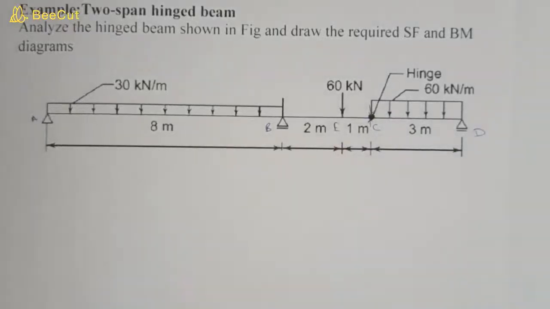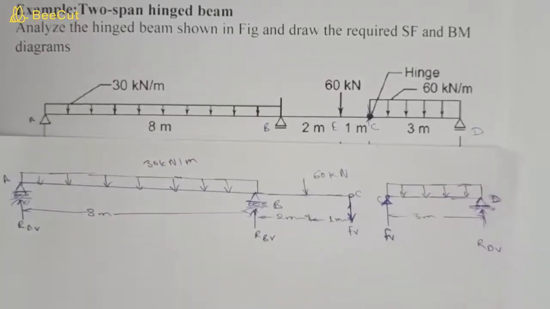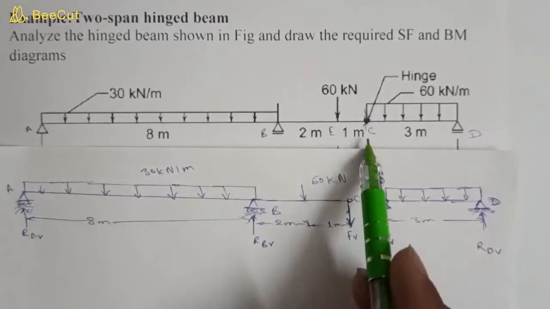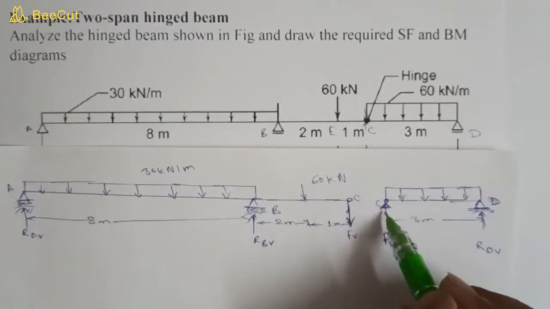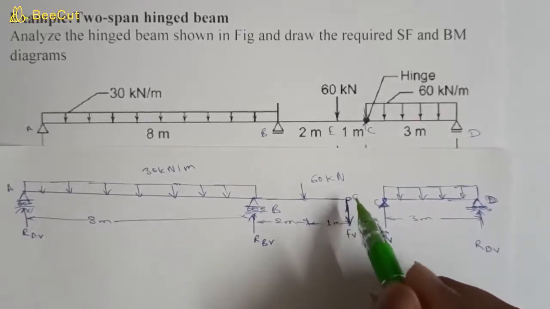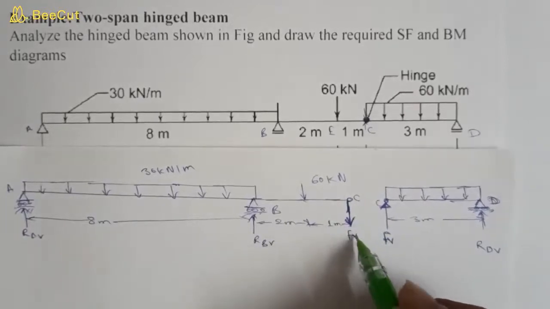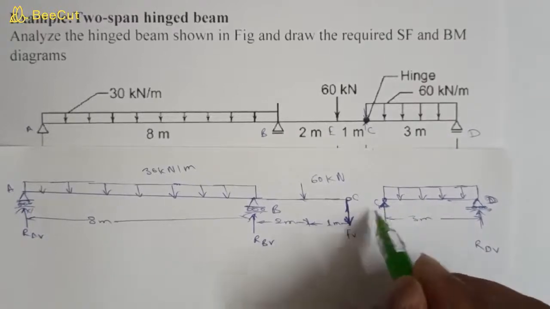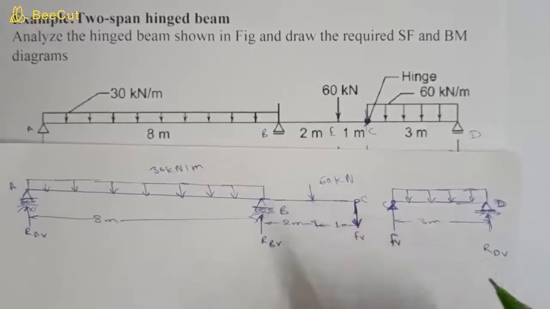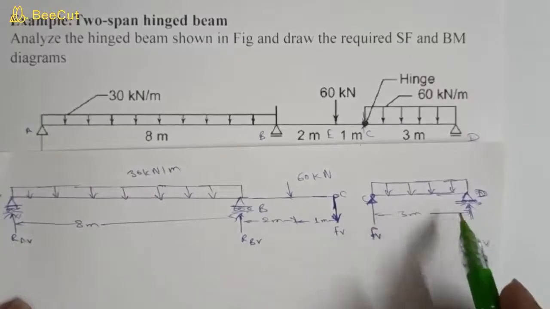So we can break this beam into two beams, and we have drawn the free body diagram like this. We have drawn beam AC and beam CD. At point C there is a vertical load of Fv. Then on the left hand side of point C there will be an equal and opposite force of Fv. So these will balance each other, and the resultant force of these two will become 0. First of all, let's solve for the right hand part, beam CD.